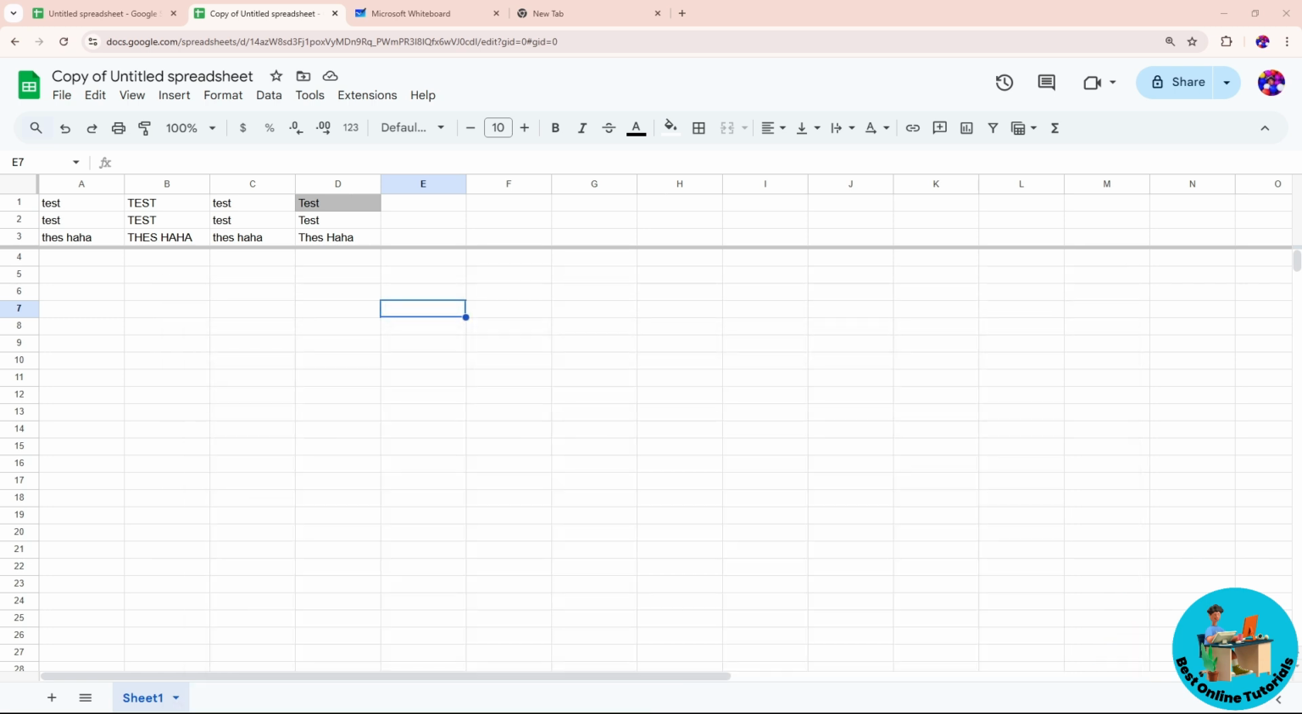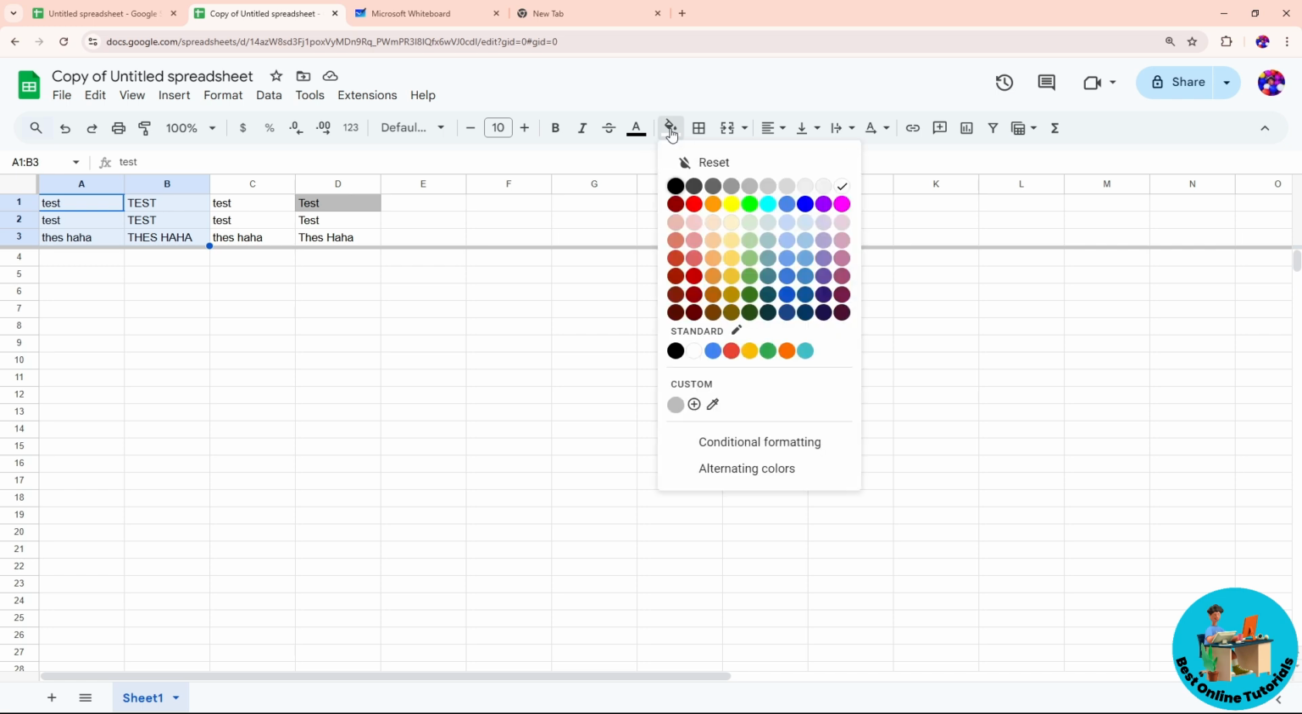So guys, in order for you to do that, just simply go ahead and select the columns or rows or the word. And from here, let's say I'm gonna select this one. And in order for you to change the color, you can just simply go for this icon over here, which is fill color. And from here, click on it, and you should be able to see here multiple colors that